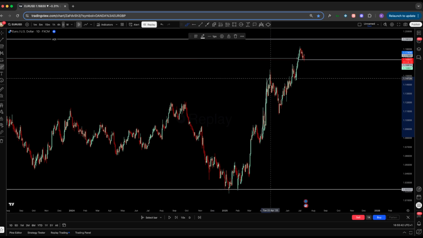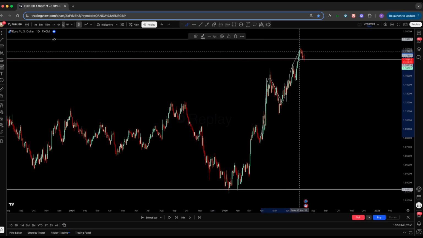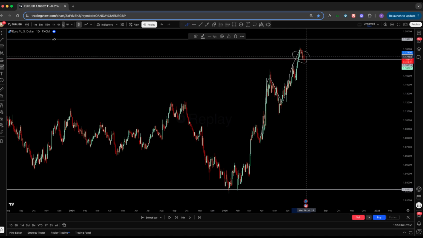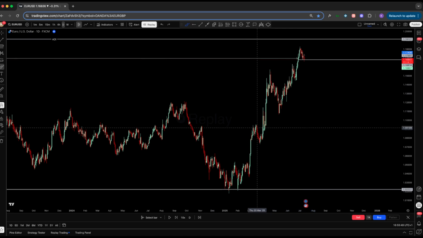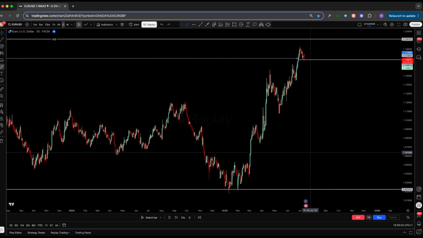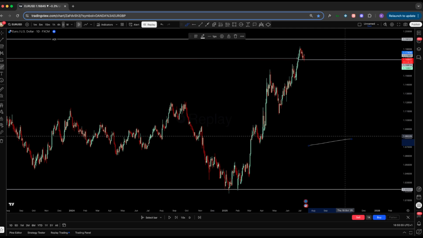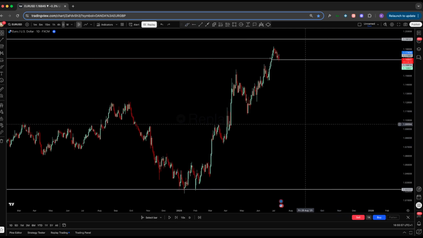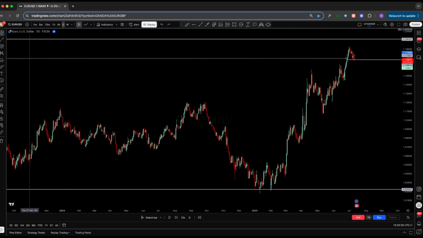So we can see here 1, 2, and 3. Now we're getting a bit of a retest on the back here. This is on the higher time frames. It does look like it's a bullish run, and it will continue to the upside. However, let's have a look at the intraday, how we will be able to catch shorts within the